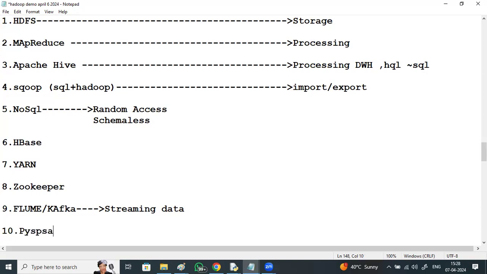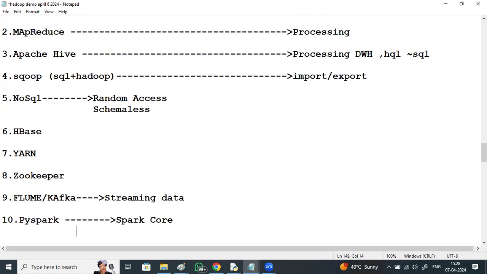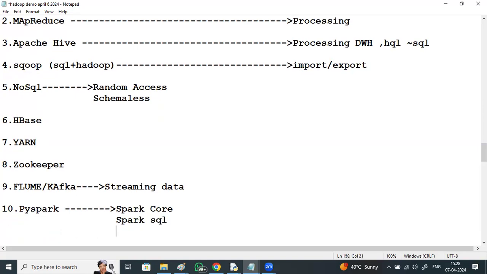And mainly we will be discussing PySpark, Spark with Python. Spark is an execution model implemented using the Python language. Here we'll be discussing Spark core programming, Spark SQL programming, and Spark streaming, like micro batching: for every 10 seconds, I want updates.